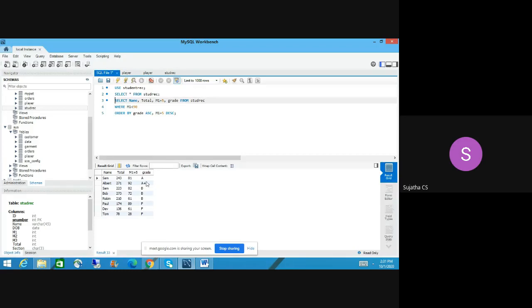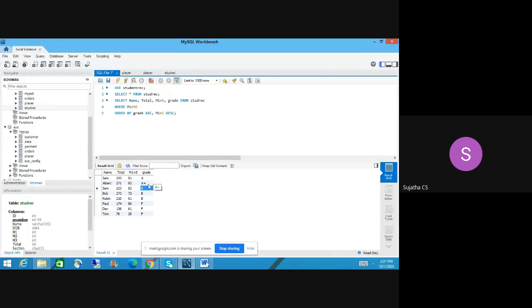Let me run again, A plus. So it is not working here. Descending order means it will pick... Okay, we have only here. Can you see that it is sorted by descending order? Can you notice the difference? Because grade A has only one record, after that it moves to A plus.